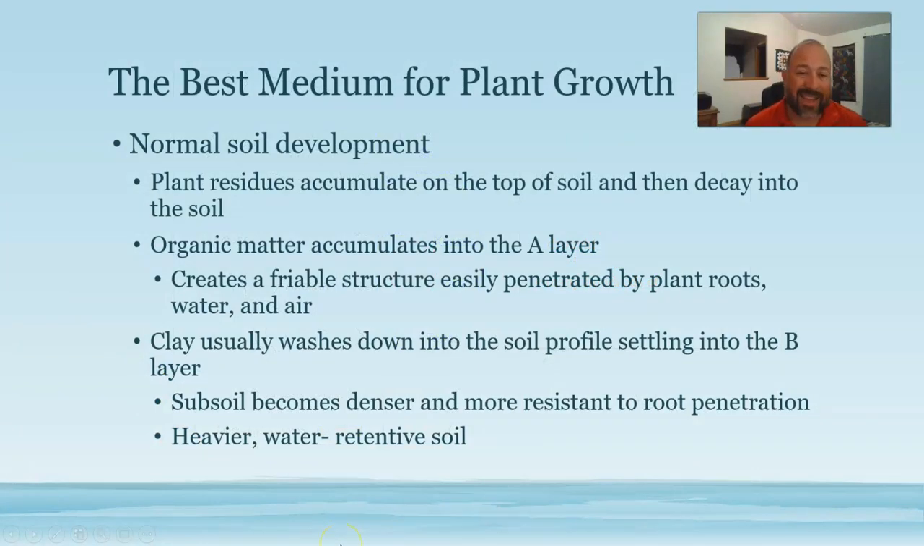And so let's talk about the idea of normal soil development, because it's really important for the next part that we talk about. When we're talking about the best medium for plant growth, so our best version of soil, we want plant residues to accumulate on the top of the soil. That becomes our organic matter, our O layer, and then it's going to decay into the soil. And that O layer is then going to accumulate into the A layer, into our topsoil. And it's going to create a really nice, friable structure that's going to be easily penetrated by plant roots, water, and air, which is what we want, because we want our pore spaces filled by water and air,